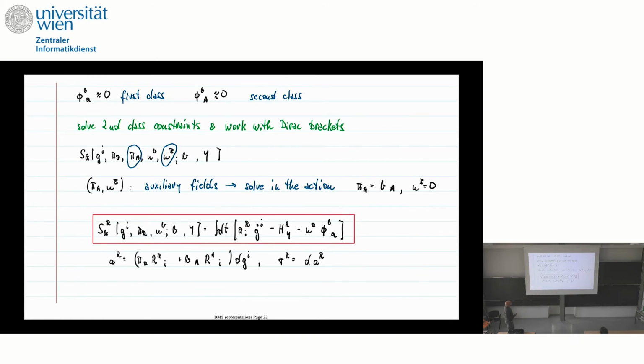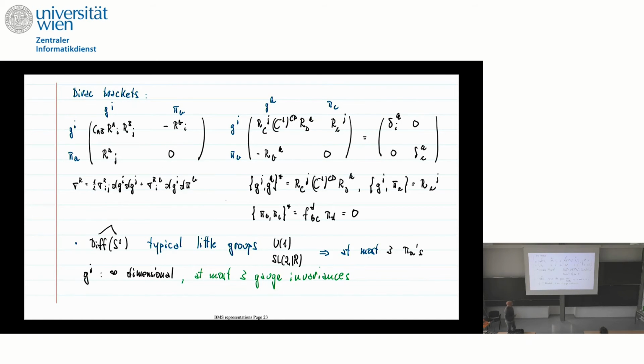So it's one of the few examples where you really can compute Dirac brackets just by inverting matrices. It's a nice exercise to do it. And then you realize that most of these constraints are second-class constraints you can get rid of. But typically, the first-class constraints, the only ones, are the generators associated to these little groups. And for instance, for the Virasoro group, they are very small. So the group is infinite dimensional. You have an infinite number of generators, but in some sense, at most three gauge invariances. That's why in these character formulas, in the case where the little group is U(1), you only use one of these modes.